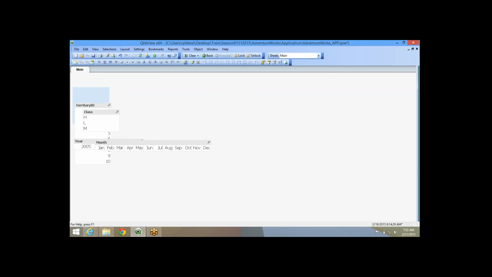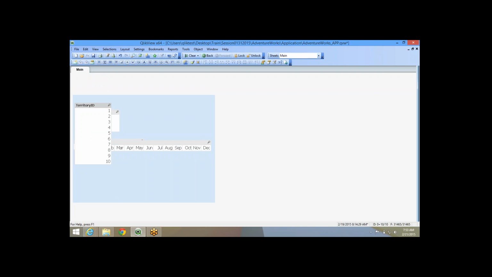Suppose I take this text object, and I leave it like this. So it looks as if it's a border, if a person is seeing without knowing that it's a text object, it looks like I've colored that area for these objects, right? That particular area. Now, I have to make sure this text object is always at the bottom, and this territory